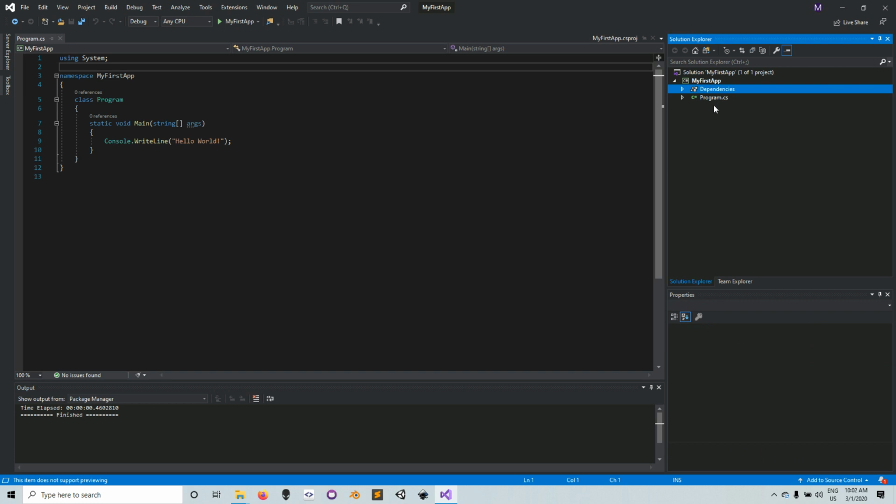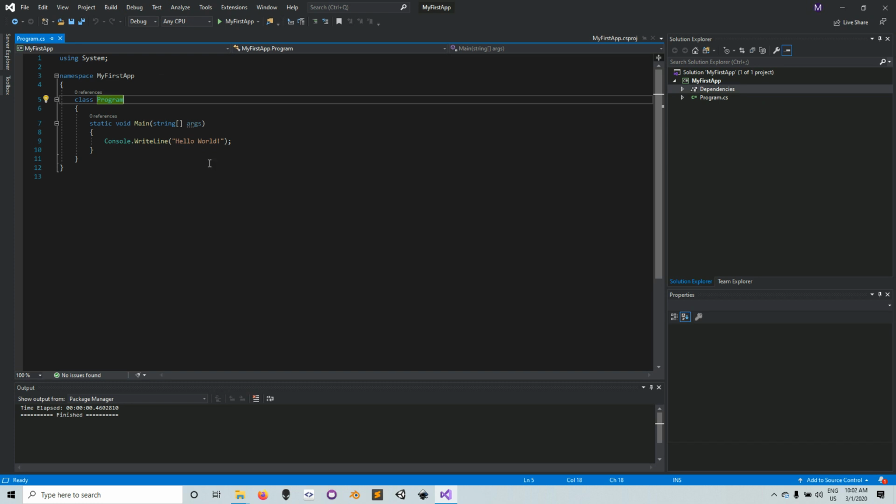Remember, we didn't create all these things. Visual Studio automatically created them for us the moment we told it that we want to create a program, or we want to create a console application. So it saves us the stress of having to go and create all these things by ourselves. So that is one good thing about Visual Studio. Most of it just takes you directly to where you can start writing your code without bothering you too much about setting things up on